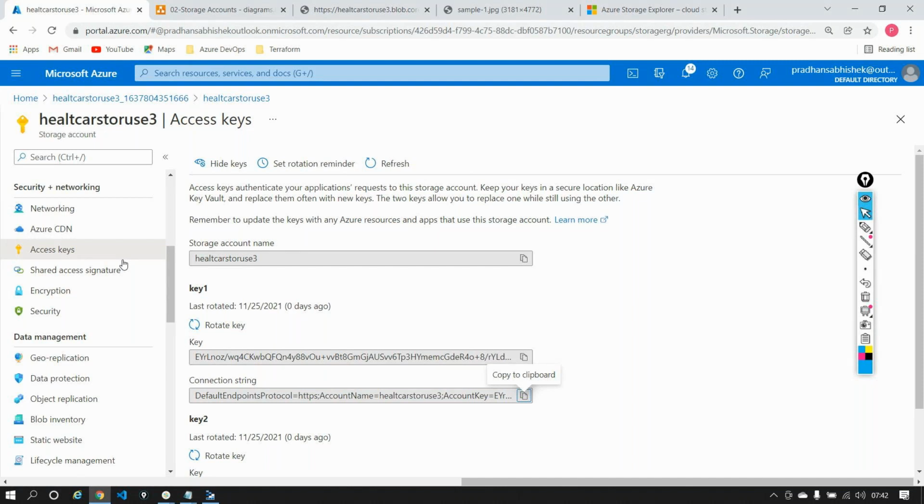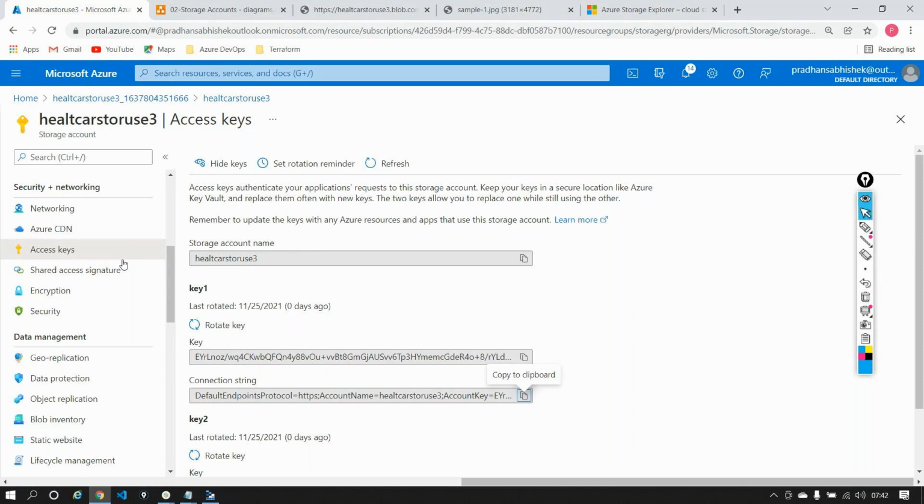By mistake you did this. You gave it to a developer in your organization. The developer is able to access these files. Now let's imagine that because of bad luck, the developer has left the organization the very next day with the access key that you have given him. Now he doesn't have to be a part of your organization anymore. He just has to download Microsoft Storage Explorer from any corner of the world and be able to connect to your service, right? See how dangerous this is.